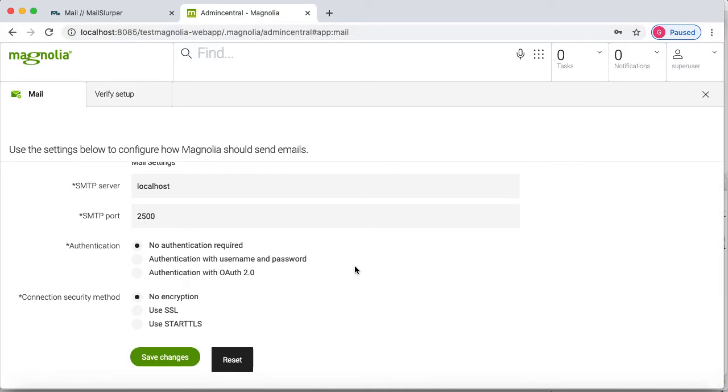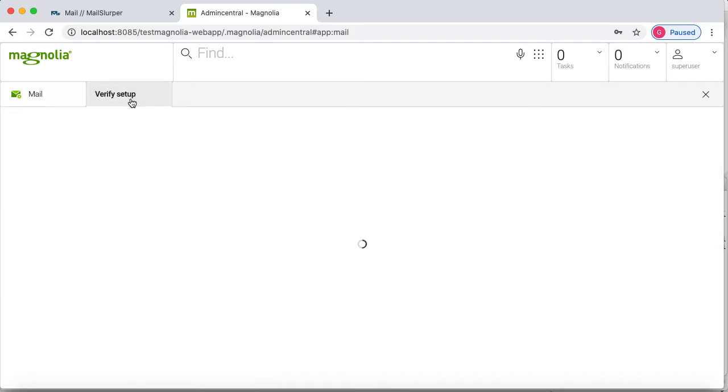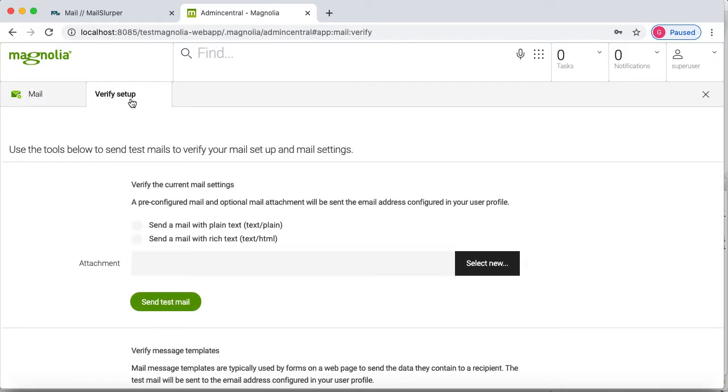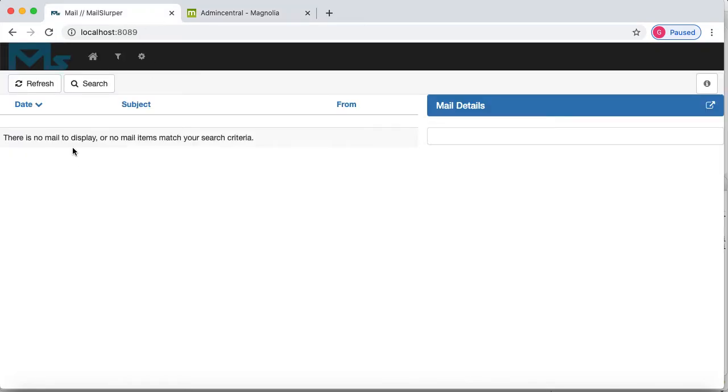Now we will go with the second tab, and here we can test that email server. So I will select this option, and I will click on this button. But before that I will show you that here we don't have any email.